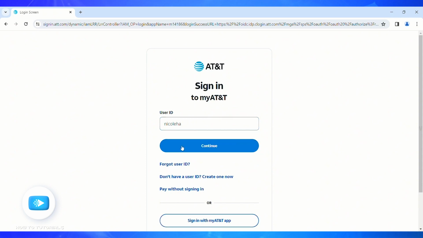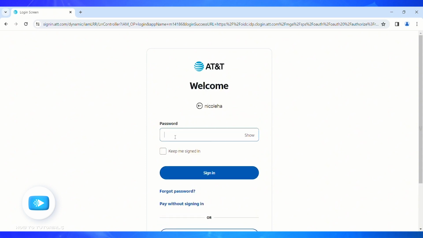the Continue button. Then on this page, you'll have to enter your password. But if you've also forgotten your password, click on the Forgot Password button and follow through the process. But if not, simply click on the Sign In button and you'll be successfully logged in to your My AT&T